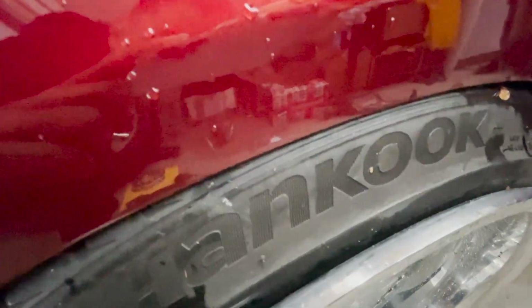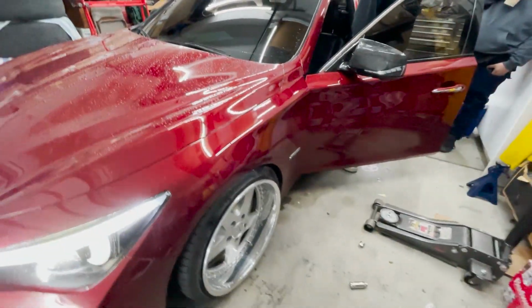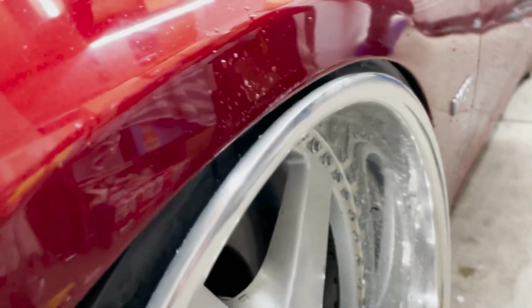How we looking? You on tire? Looking like I need more. No, looking like you need a double 3 instead of the 5 and the 3. So I might need to roll the front fenders a little bit to get it to sit like this, but